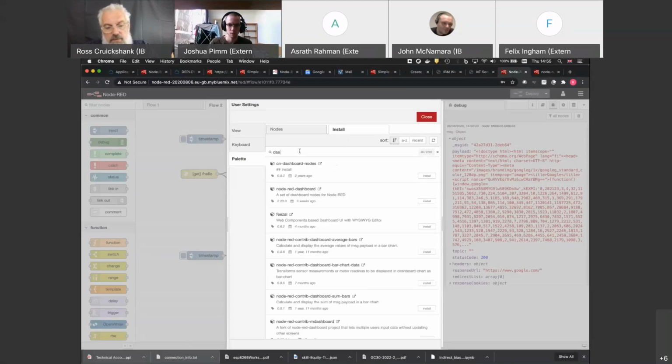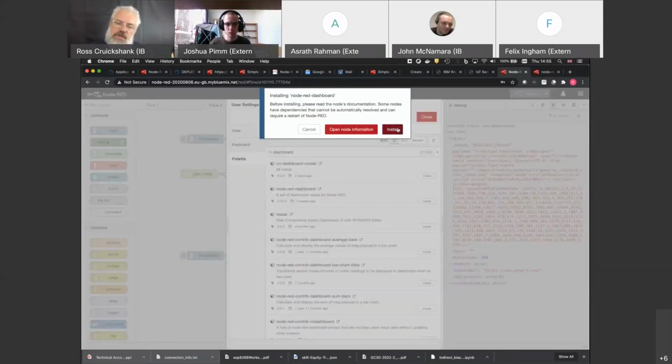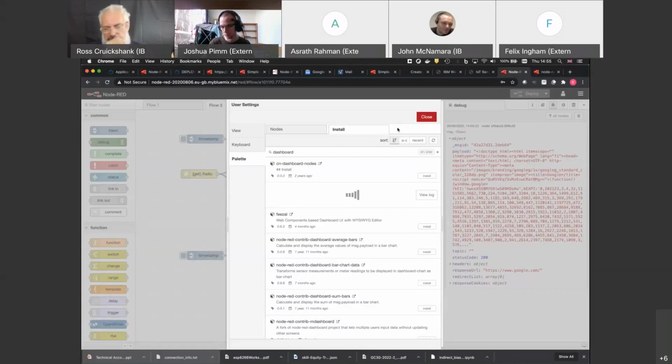because another common thing for projects is to just create a little dashboard with dials and widgets and so on. Maybe a little tick graph to show you the things that are going along. You'll see here there's a NodeRED dashboard node. If we install that, this will try and do a live install. I have to tell you, sometimes when you do this,